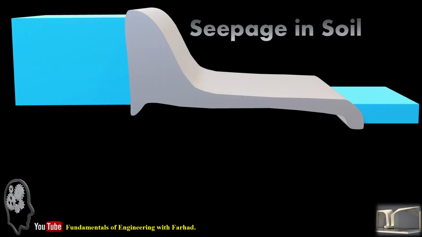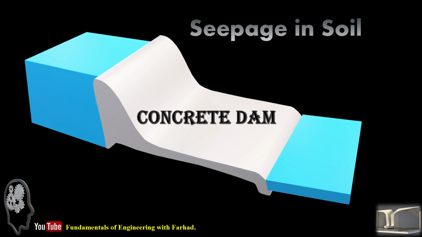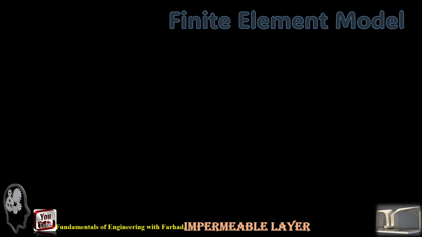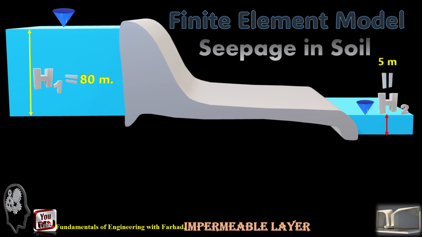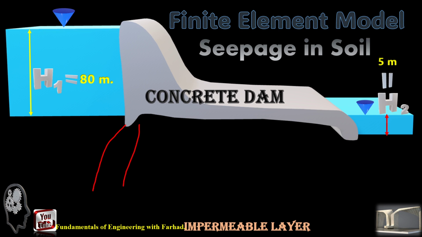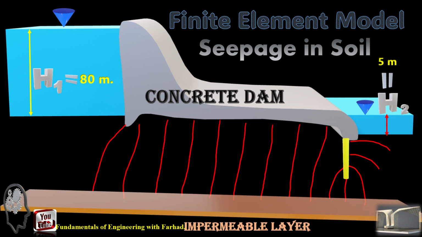Let's review a very interesting example in seepage in soil beneath a concrete dam if the upstream and downstream water depths are provided. So, in this example, we have a concrete dam with upstream and downstream water levels and a saturated soil layer beneath the concrete dam, and it just extends until we reach an impermeable layer of soil. So by constructing the flow net and also isopotential lines,